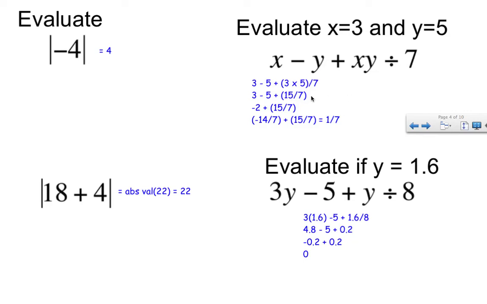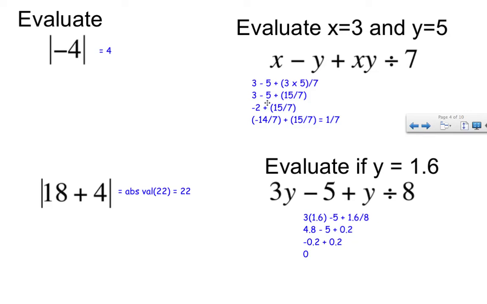So when I look at this, I see 15 sevenths. Now, some of you are going to desperately try to change that to a decimal. What I look at is I say 15 sevenths, and I think, wow, that to me is not a number that's easily turned into a decimal. I know it's 2 point something, but it sounds messy. So I'm going to leave that as a fraction because that seems easier to me than getting a really long,